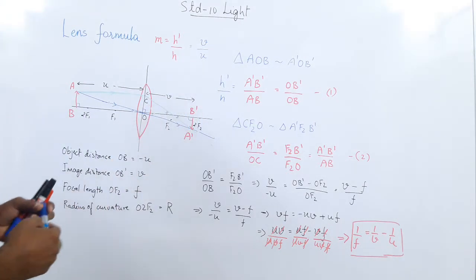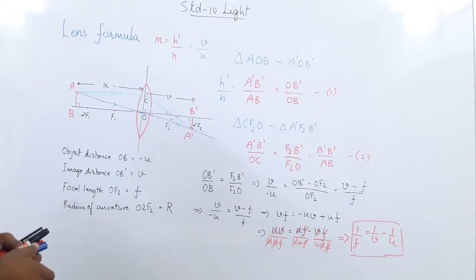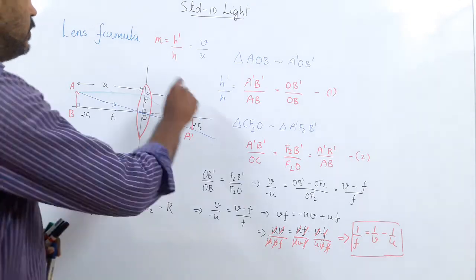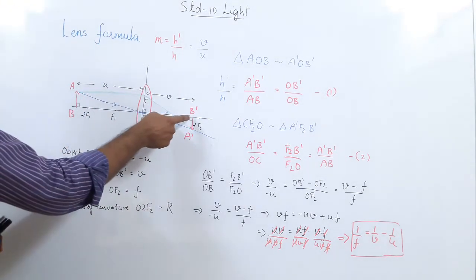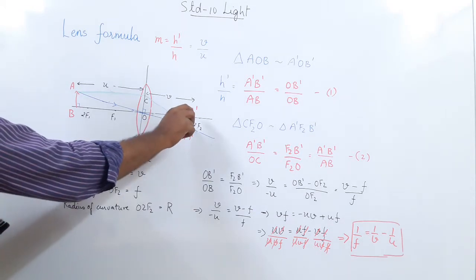Yes, the lens formula is v upon u. I hope you have followed till here what the magnification is. Now in the magnification, there is one thing you need to see. The real object is here on the top side, which is plus h, and the image is below. Can you see? The image is below.